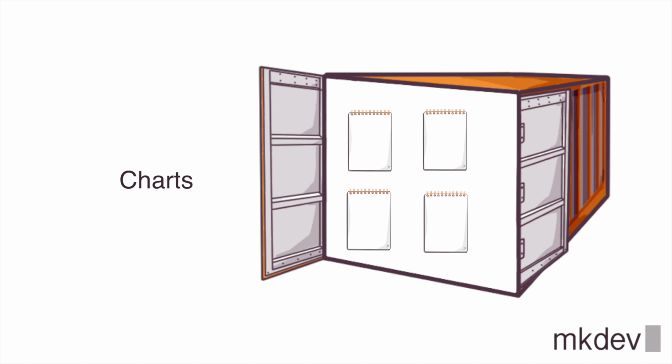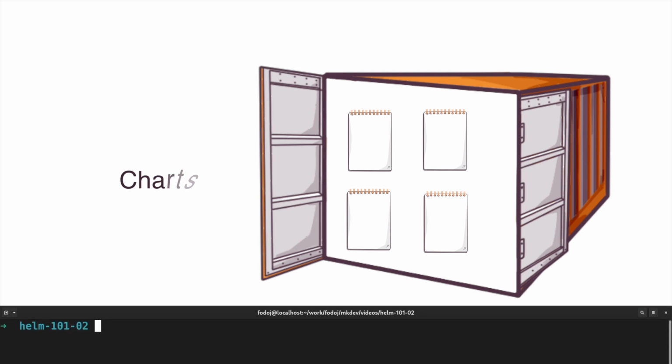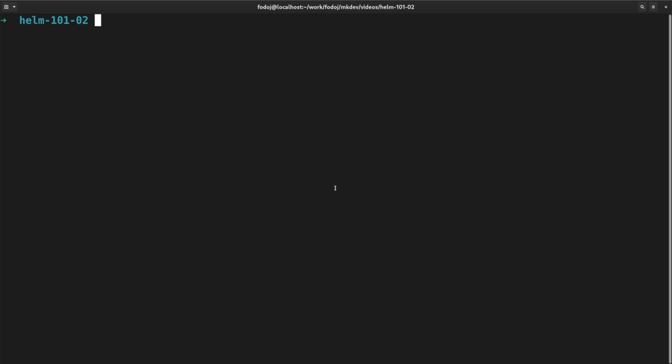It's similar to operating system packages, for example, RPM and deb packages contain all the files and scripts required to run some application on Linux. There are multiple ways to create a new chart. One of them is to run the helm create chart name command. This command creates a new directory with a basic Helm chart inside. The problem with this command is that it creates a bit too many files for the beginner to understand.